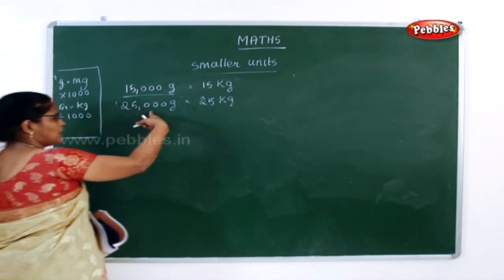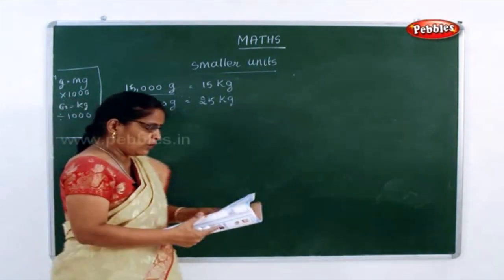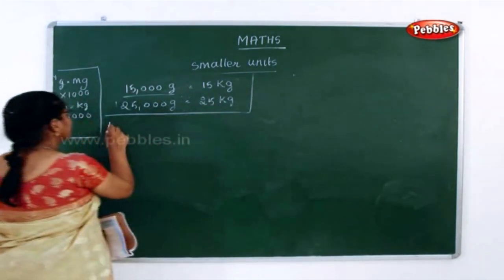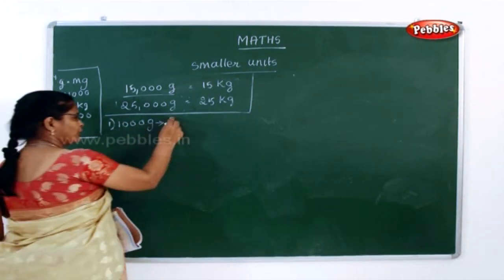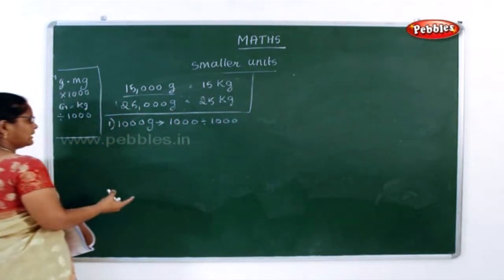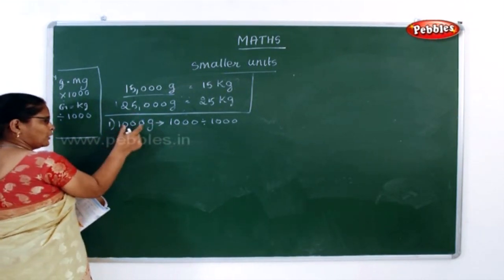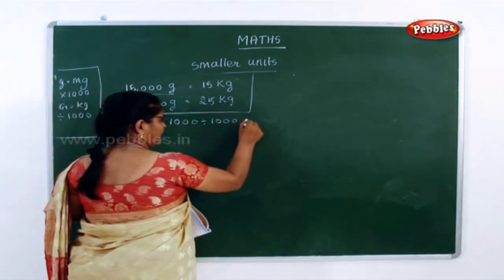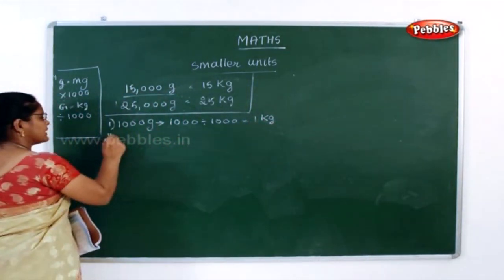Now when you want to convert gram into kilogram, you have to divide by 1000. So in that, the first exercise, 1000 gram. Now how will you convert this 1000 gram? 1000 divided by 1000. How will you convert this gram into kilogram? Whatever the value is given in grams, you have to divide with 1000. So what is 1000 divided by 1000? It is 1. So you have to write it is 1 kg.